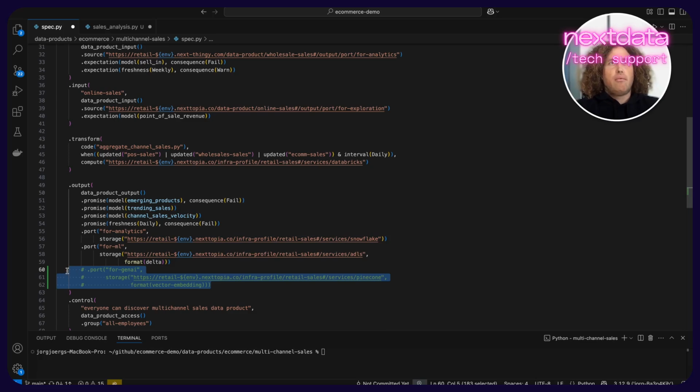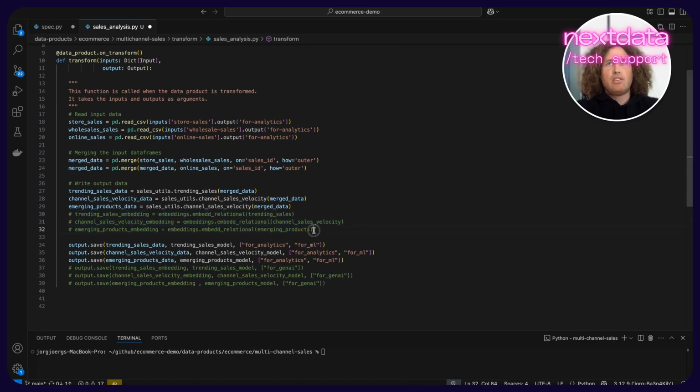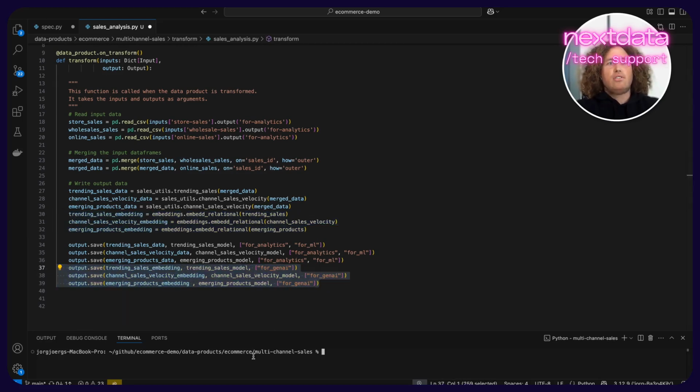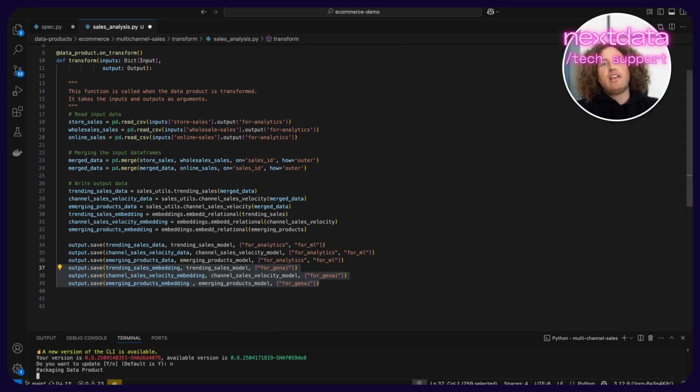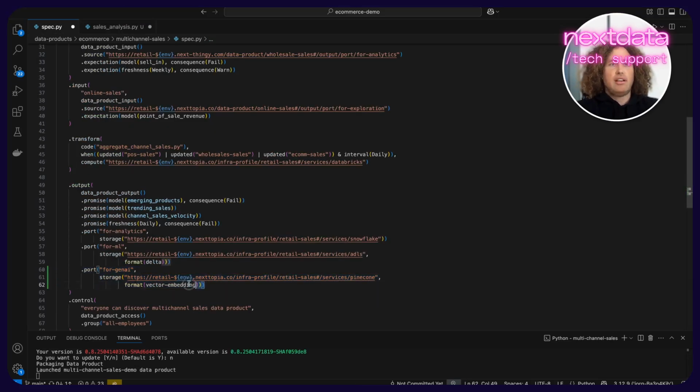For that, we have to edit these files, add the actual transformation, and make it available to our model. Please note, these are all just different views on the same aspect of the same semantic data model. Therefore, Nextdata OS will actually ensure that they are coherent and valid simultaneously.